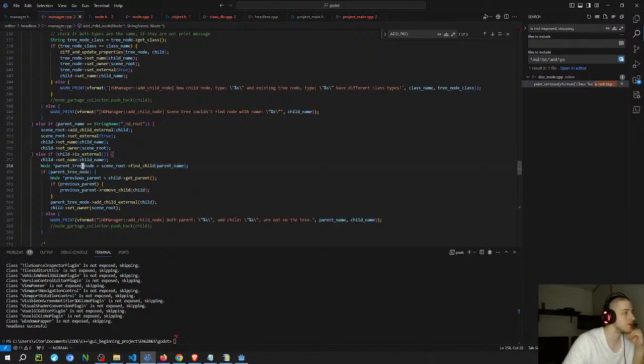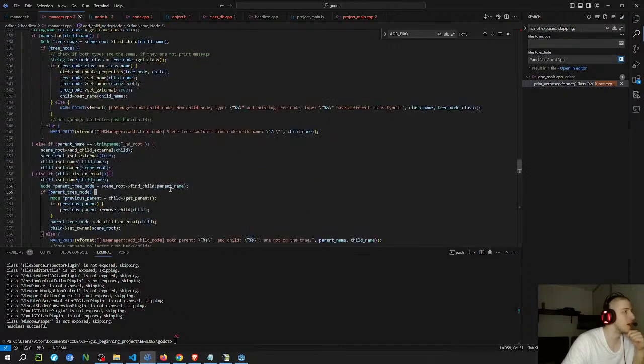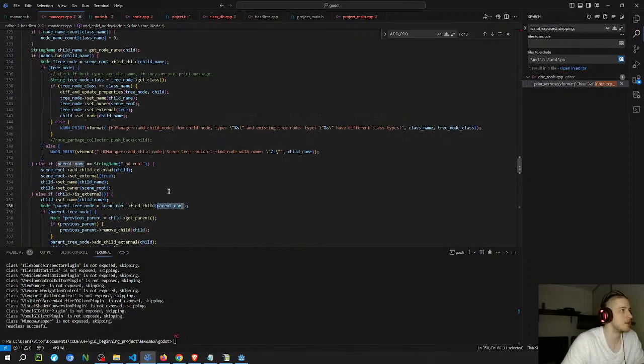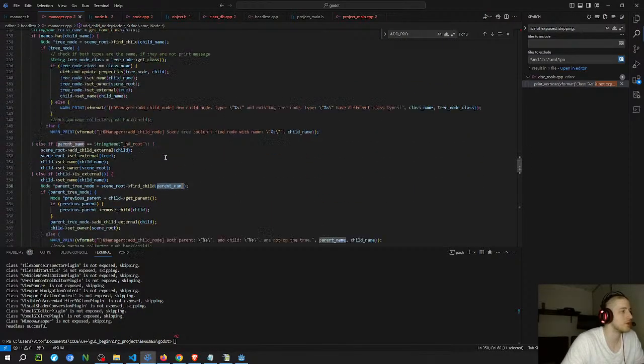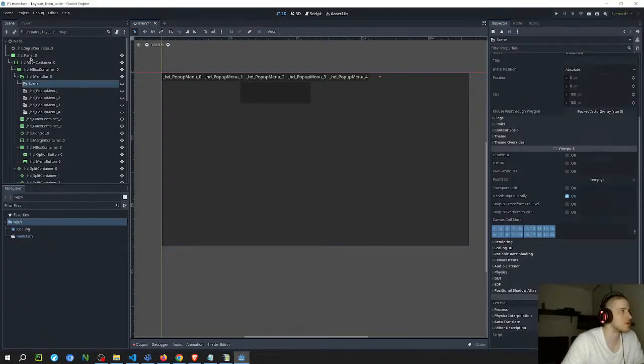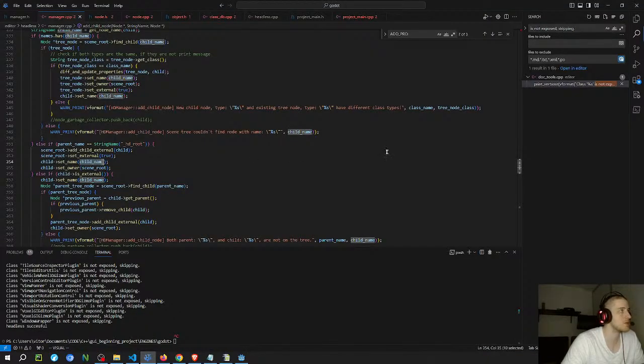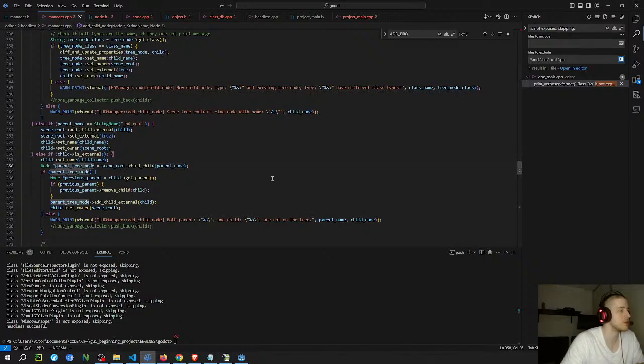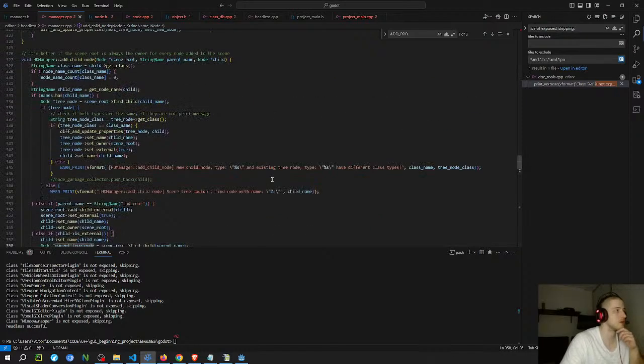Oh, but here it's checking based on this one. I think this name is actually going to be the one, because it's going to set the name on the previous one. So the first time that it runs, it's going to set the name here. So this would be the name of the root, for example. So this pattern here, the first time that it adds, it sets the name of this. And then in the next iteration, it's going to be that name, so it's going to be able to find it on the tree. So maybe I can do it based on the parents. Unless it's a situation where, yeah, but even if,